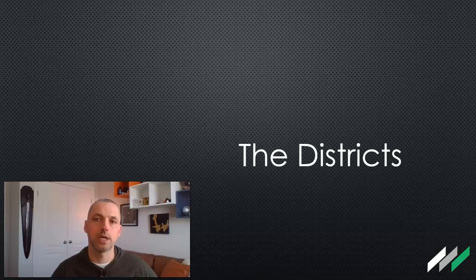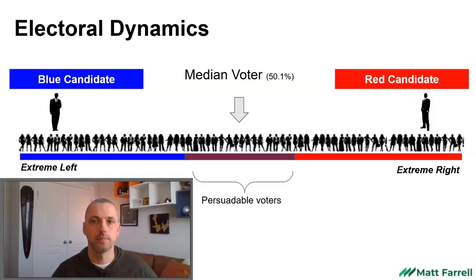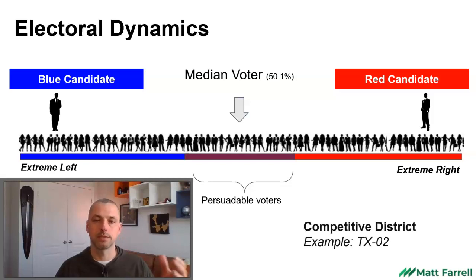In this video, we're going to talk about electoral districts. In addition to the ballot, the next piece of electoral machinery we need to look at is the drawing of districts. Now, in many districts, we've got electoral competition between, let's say, a blue candidate, the Democrats, the red candidate,